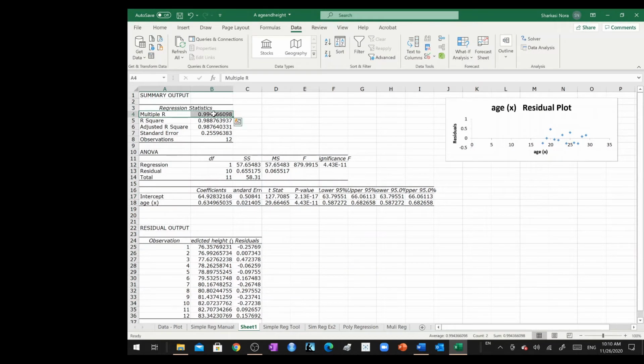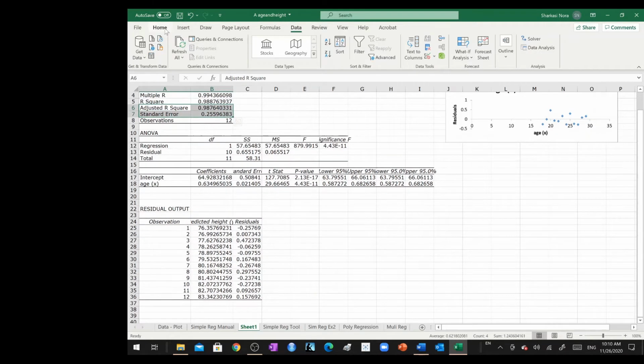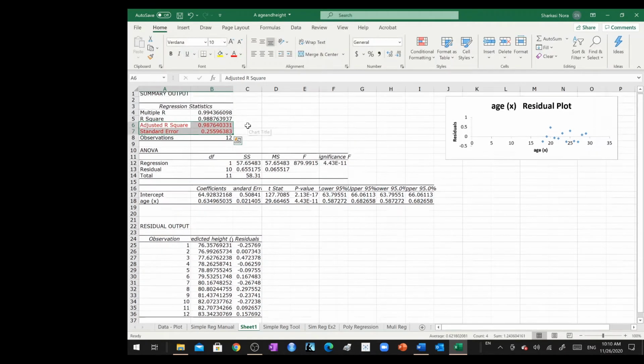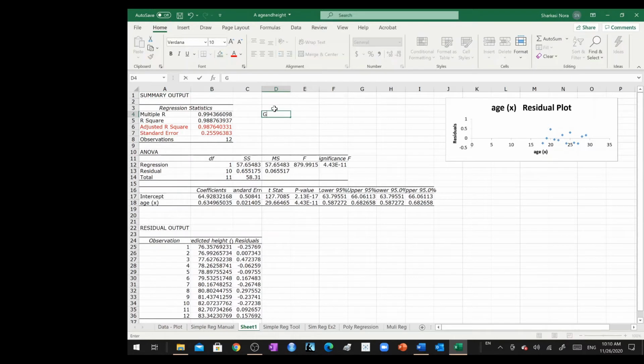Let's take a look at the output together. The output has the percent correlation. So it seems like it is a linear correlation here. R squared is not what we want to take a look at. If we have multiple regression analysis, I suggest adjusted R squared and standard error for the goodness of fit. So basically, if I ask you, comment on the goodness of fit, you say goodness of fit, R squared or adjusted R